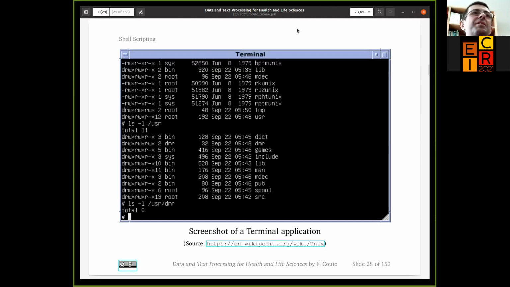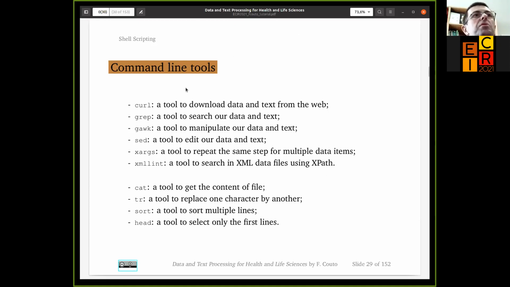So let's start our hands-on. If you want to follow what I'm doing on your laptop, you need something like this. You need a terminal, where you can write Unix command lines. I hope everyone has one available, and we will use a very small number